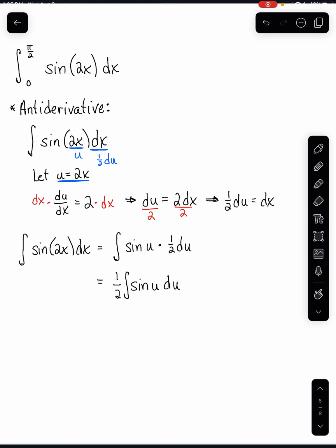And that's easy enough to integrate. The antiderivative of sine of u would be negative cosine of u. And of course, our plus c. We can rewrite this as negative 1/2 times cosine of 2x plus c. And that is our antiderivative. We are not done because now we need to apply the fundamental theorem of calculus. The fundamental theorem then says